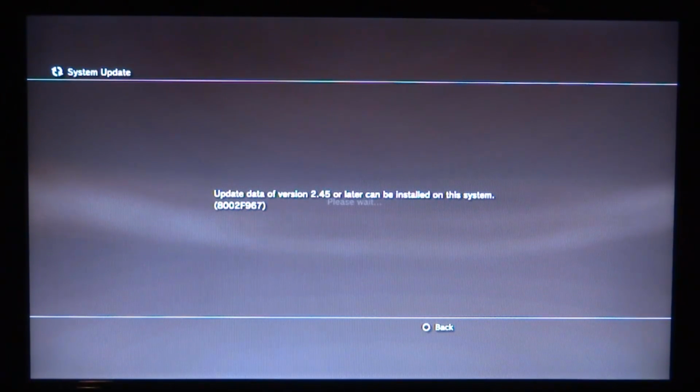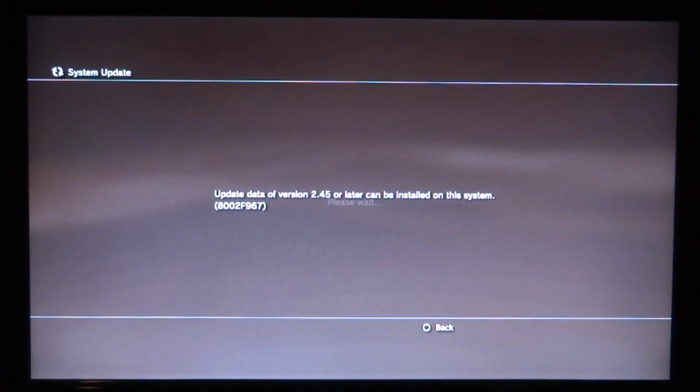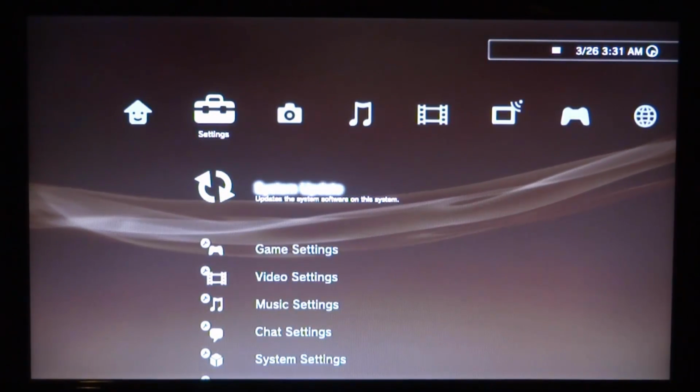It should fail, that's a good thing, but it's going to say Update data of version 2.45 or later can be installed on this system. Now it must be lower than 3.56. If it's above that, you'll break your console. So make sure it's a low firmware, just like mine, 2.45. That is completely fine. So we're going to press circle to go back,